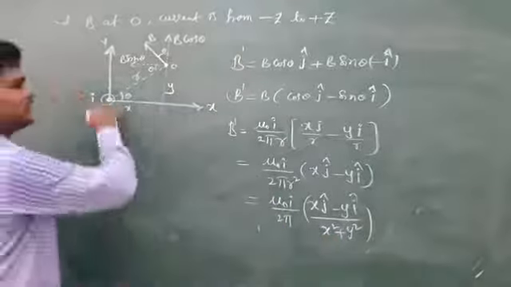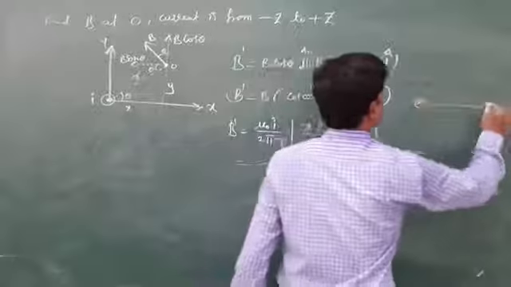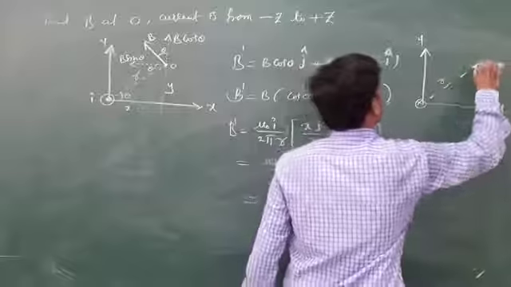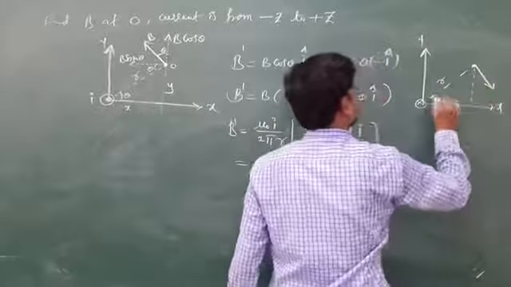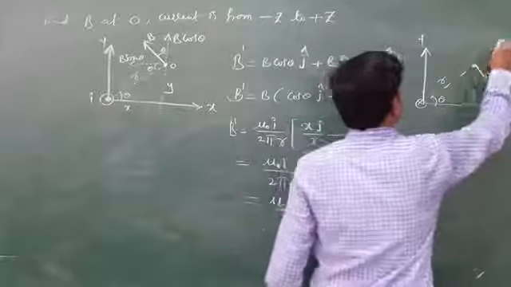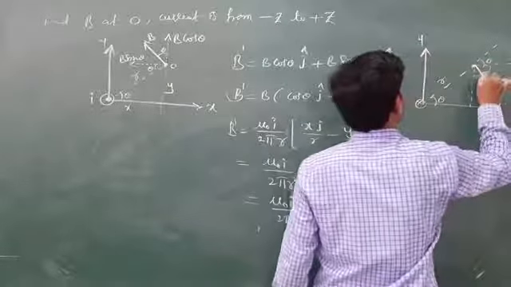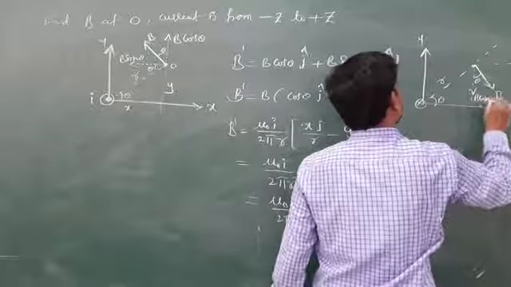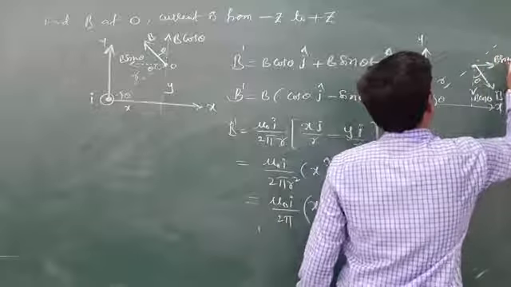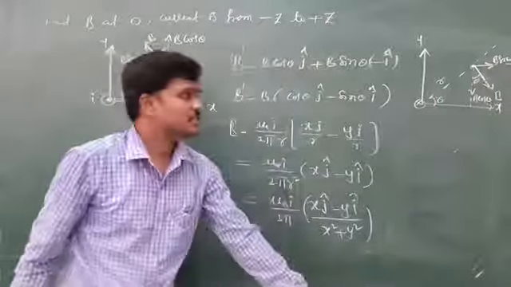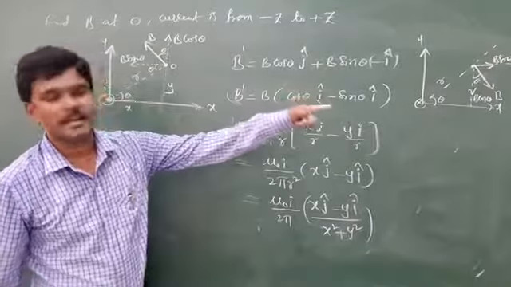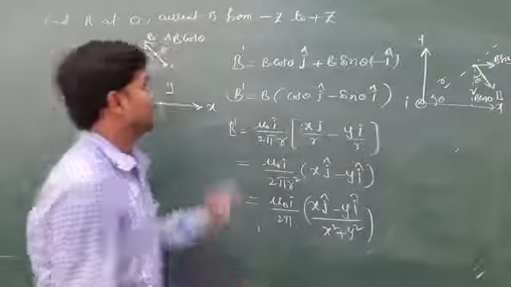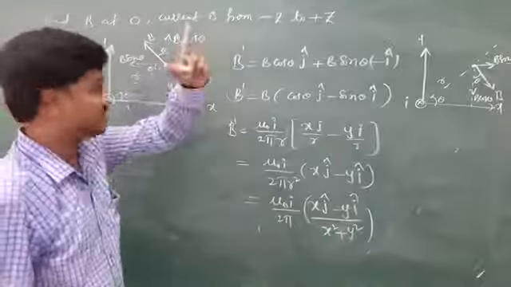First, suppose the current is given inward, with this as the x-axis and this as the y-axis, and they ask to find the field here. You draw a line like this, and this is theta. If you extend, this is theta, this is 90 minus theta, so this is also theta, and this is B. So B cos theta, B sin theta, and you will get B cos theta minus j cap, B sin theta plus i cap for inward current, if the current is moving from plus z to minus z. Here the current direction is moving from minus z to plus z.